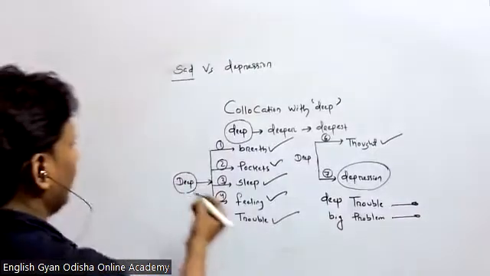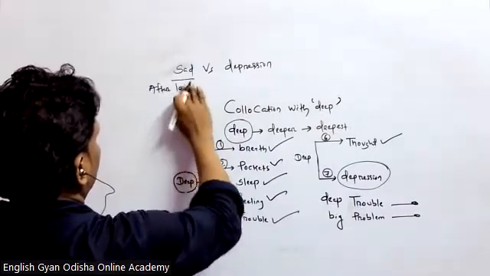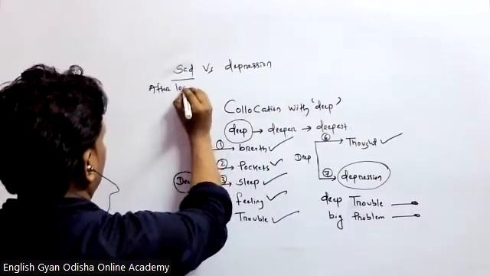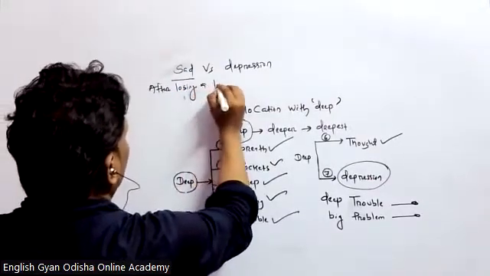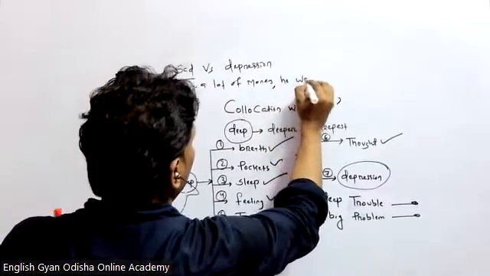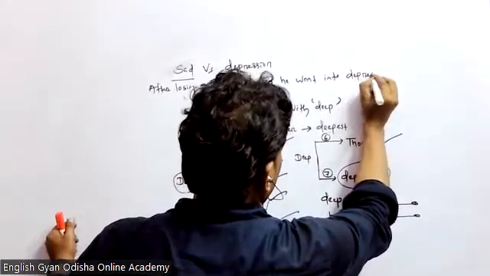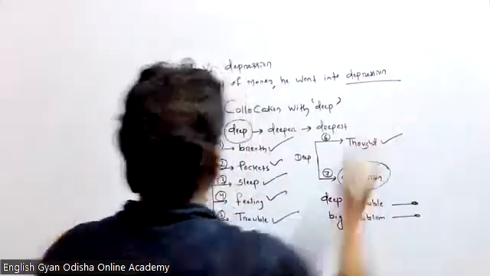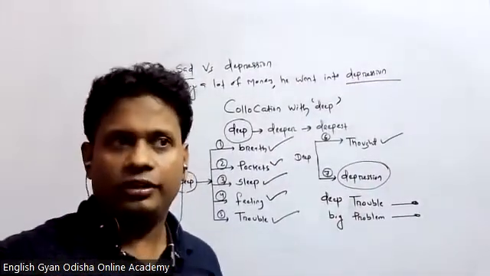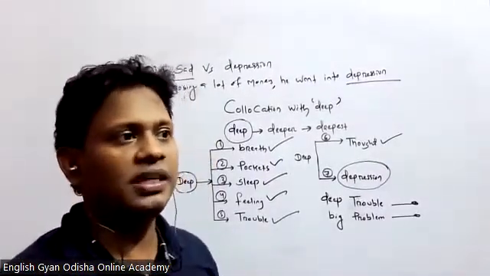You can say after losing a lot of money, he went into depression. Whenever I say depression, it is something called permanent sadness. The sadness persists, and sometimes you have to go to the doctor,